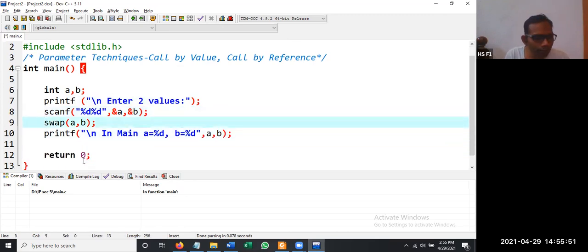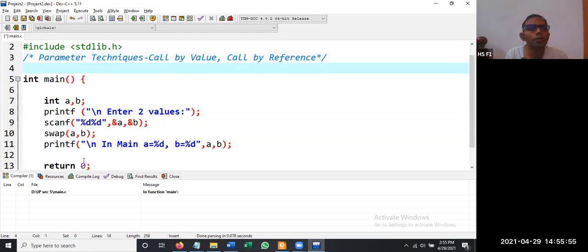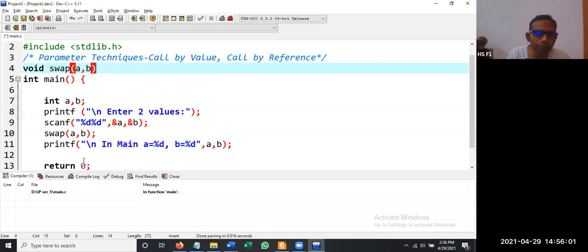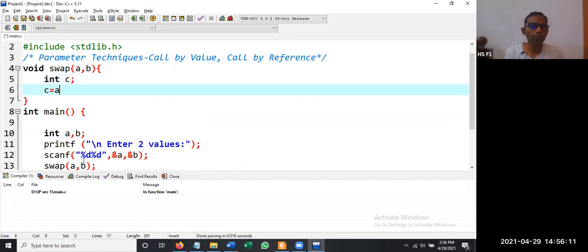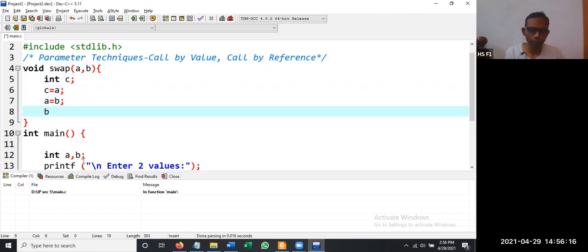Now we are going to write the code for swap a comma b. We write void swap a comma b. What we need to do is swap a comma b. How to swap? Here we can take one more variable, integer c. c is equal to a, a is equal to b, b is equal to c.